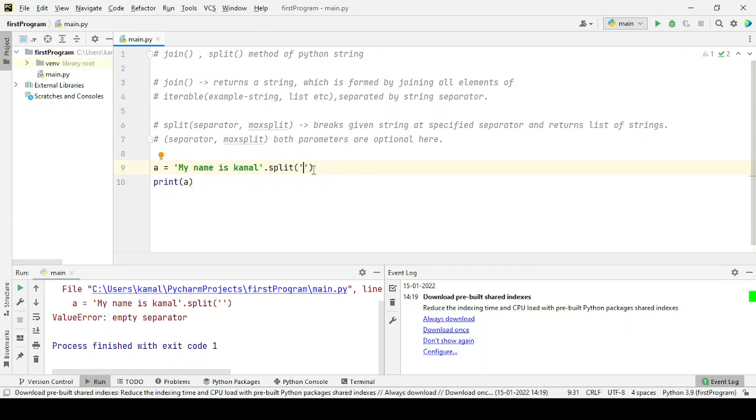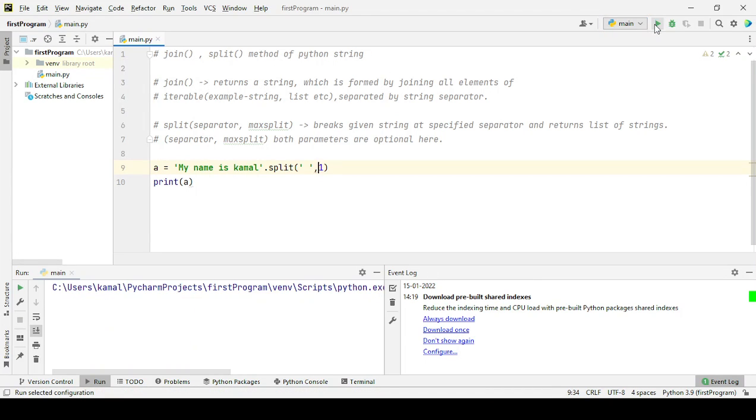The third case is when we are passing one separator here, and the next argument, which is optional, that is maxsplit, we are passing here. Suppose I am passing 1 here in place of maxsplit. So maxsplit tells that a maximum of one split should be there, more than one split should not be there. Let's try to run this, then try to understand this. If we are passing maxsplit as 1, the output is this.